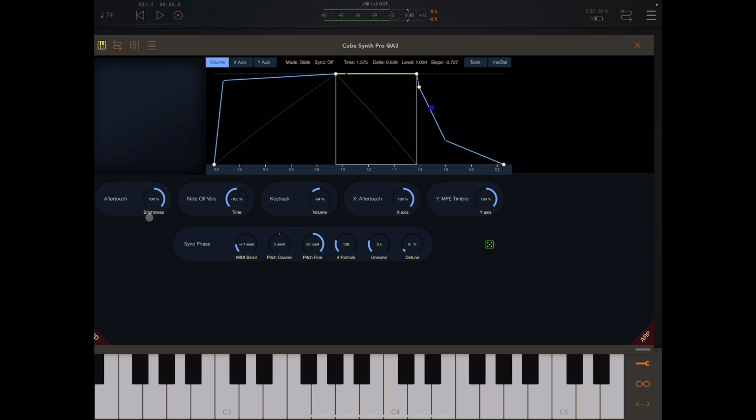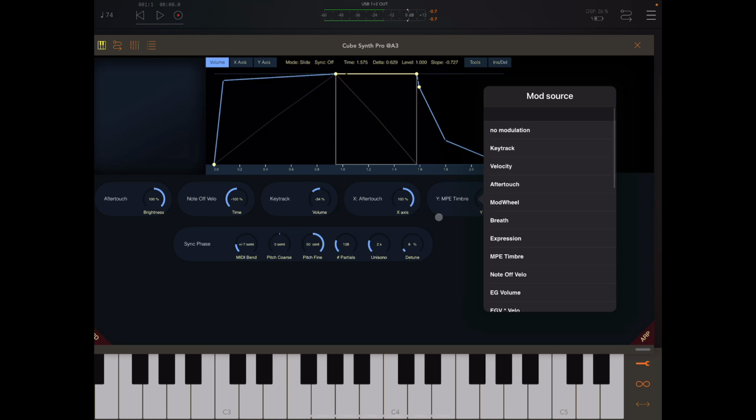Aftertouch controlling brightness. Okay, so this is an important one to point out. See, what happens when we modulate X or Y axis? For example, here, MPE timbre means that again, that's the Y axis on the key on the keyboard, if you're using an MPE controller. So what's happening here is, if we look at